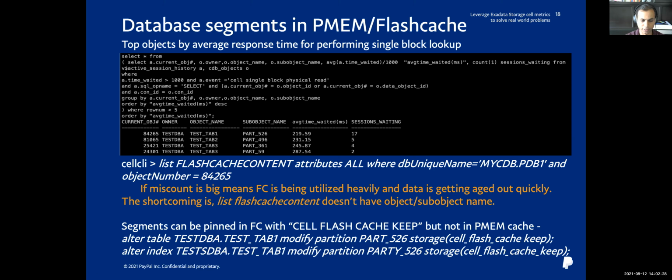A segment could be a partition, subpartition, or index partition. You can pin those segments with the smart flash cache key, right? But right now this is for the smart flash cache, but not for the persistent memory cache. And I'm hoping that